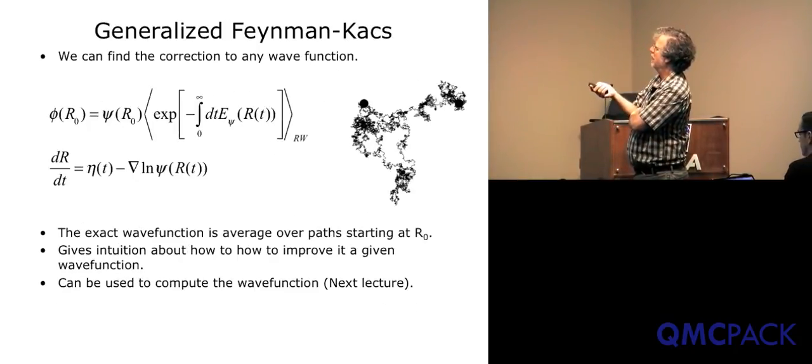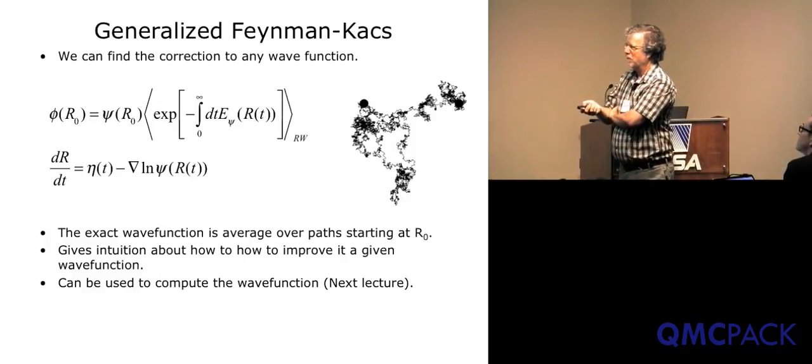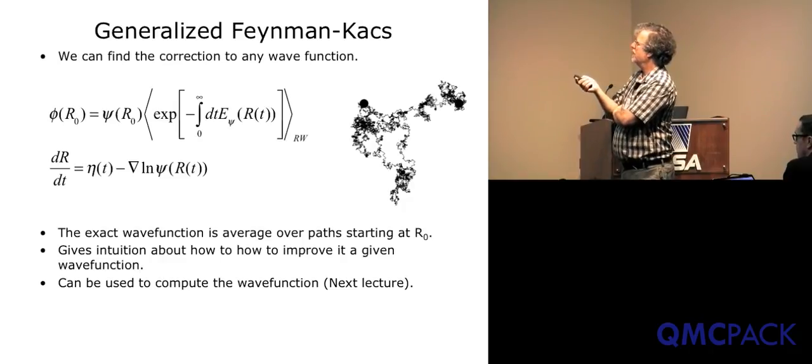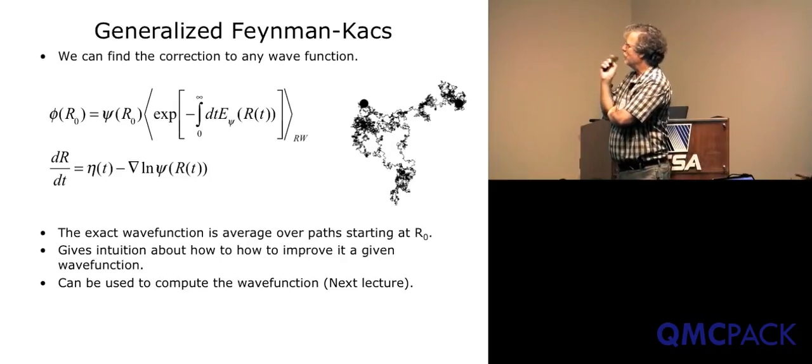Maybe I'll explain it. Basically, the Feynman-Kac formula is really a nice formula. It tells you how you go from the local energy to the exact wave function. And I was explaining before how you can use the local energy, and its singularities, to figure out what terms to put in the wave function. And this is an exact formula, but as with all exact formulas, you can't use it in detail. You just use it to